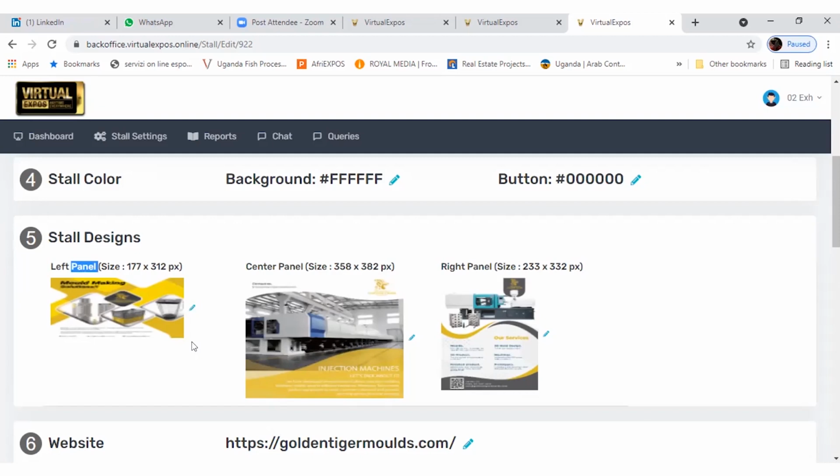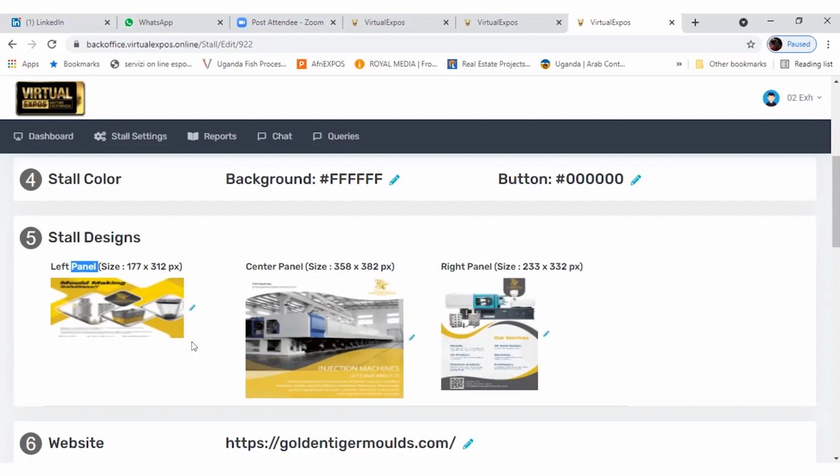Now we have an option called a GIF file. In a GIF we can have images in rotation, but here you can see only one image is displayed. If you upload a GIF file, you can simultaneously display 3-4 images on one icon itself. You can take advantage of that option, and I recommend you upload a GIF file. Otherwise, if you don't have a GIF file, you can upload any JPEG or PNG file. That is not a problem.